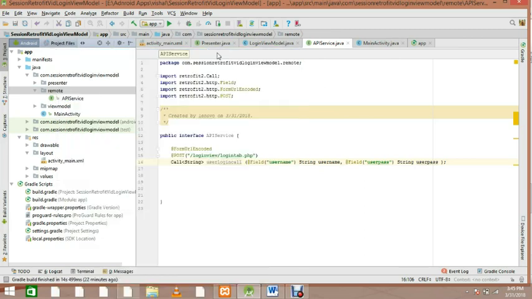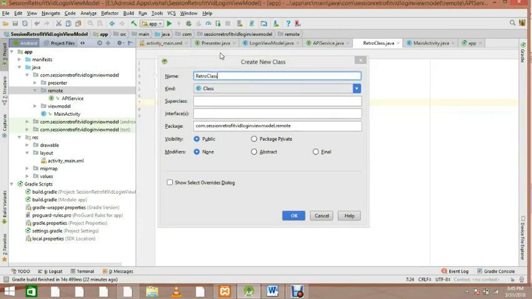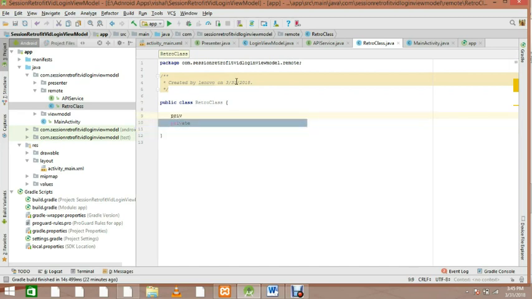Okay, and now we have to make one more class in remote, that is called a retro class. This is your retro class. And in the retro class, what to do? First we need a base URL, private static. You have to put all your base URL here for the retros. String